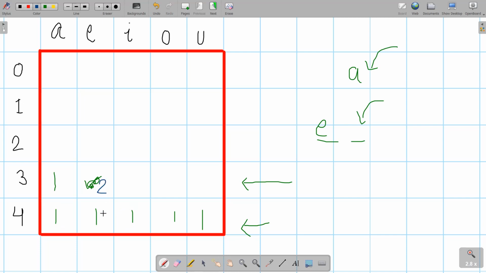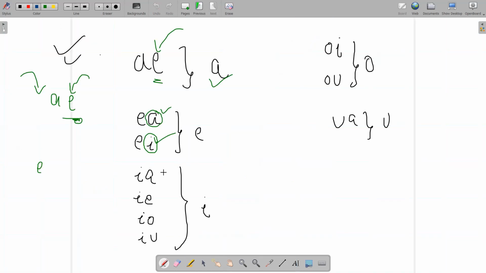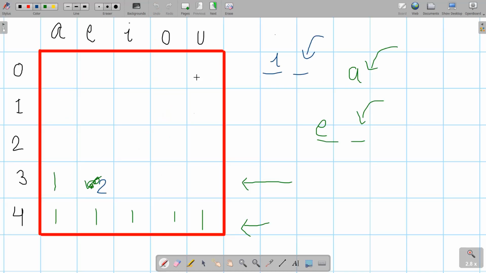Now comes the main thing: I want strings of length 2 starting with I. According to the conditions the next character should be among A, E, O, U, so I add up all these values and it becomes 4.